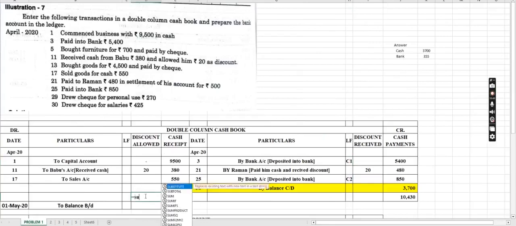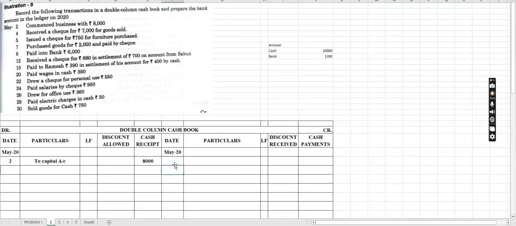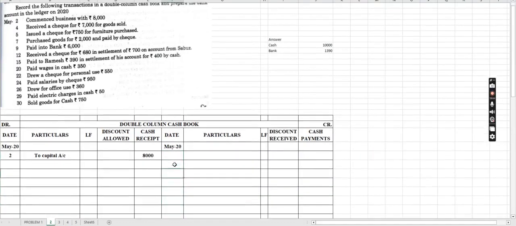Discount also we need to totalize. Here the sum of these discount columns is 20 rupees. Here also we need to add up the discount column, that is also 20 rupees. That is fine. Okay, here in this problem 8,000 cash, no discount. It is not possible to give the discount for the cash here. Okay, then next,